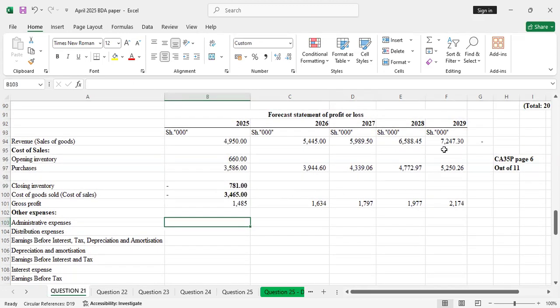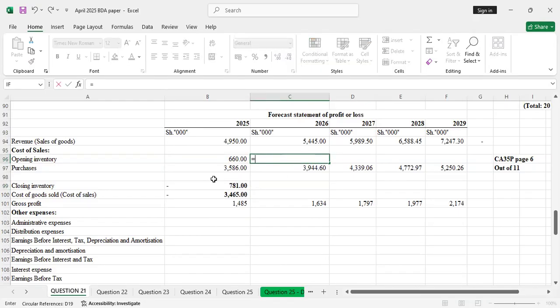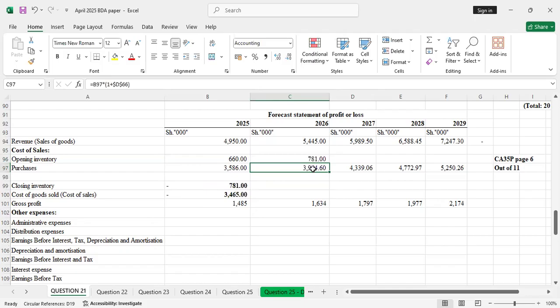Yeah, I'll come to this. I'll just be able to refill this. It will be easy. Or let me go to this. So opening inventory here will be what? It will be the closing inventory for 2025. So I'll change it to positive, so I'll say equals to negative. Then I select that. So once you select that,